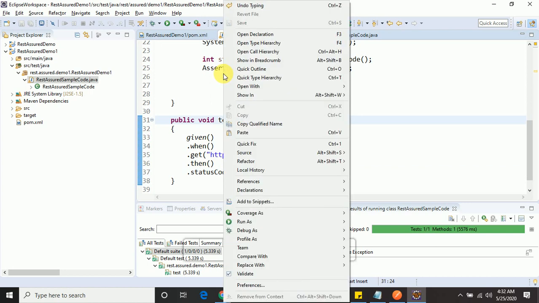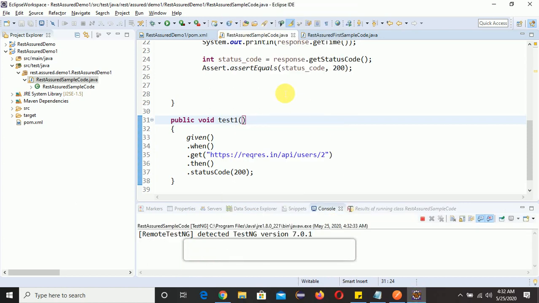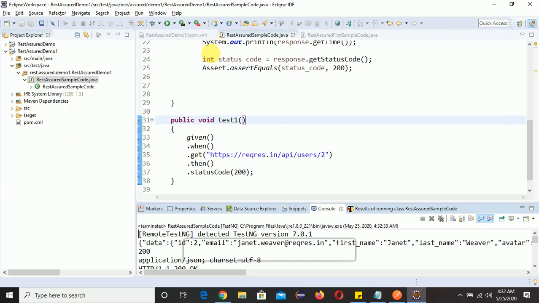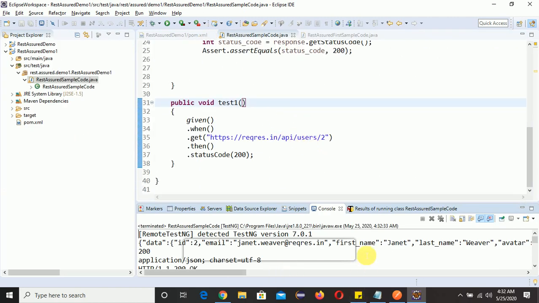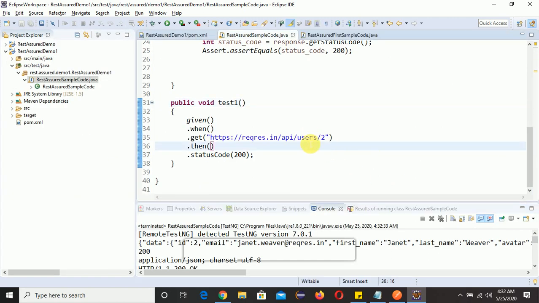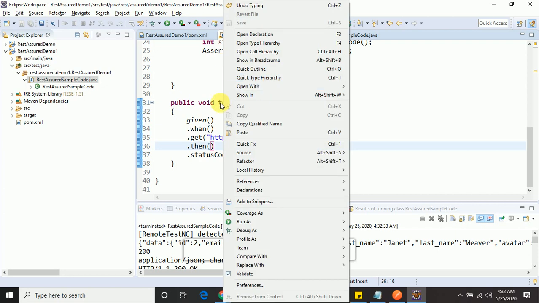Just right click, then run as TestNG test. If you go to console, you will find only one test. Why only one test? Just a minute. So we will run once again.